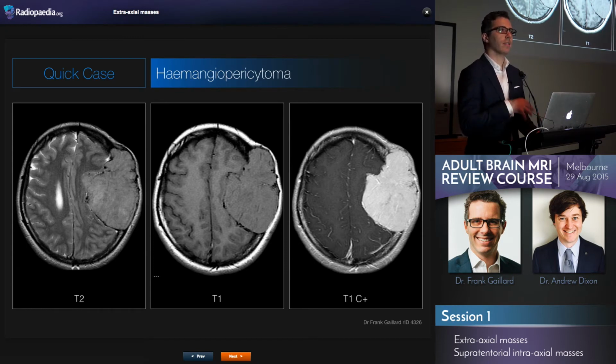Hemangiopericytomas, on the other hand, are the tumour that's much more likely to go through bone. And when it goes through bone, it destroys bone. It doesn't infiltrate it, it doesn't make it sclerotic. The bone just ceases to exist. And this is one of the features that would make me put hemangiopericytoma in the differential, and only really when